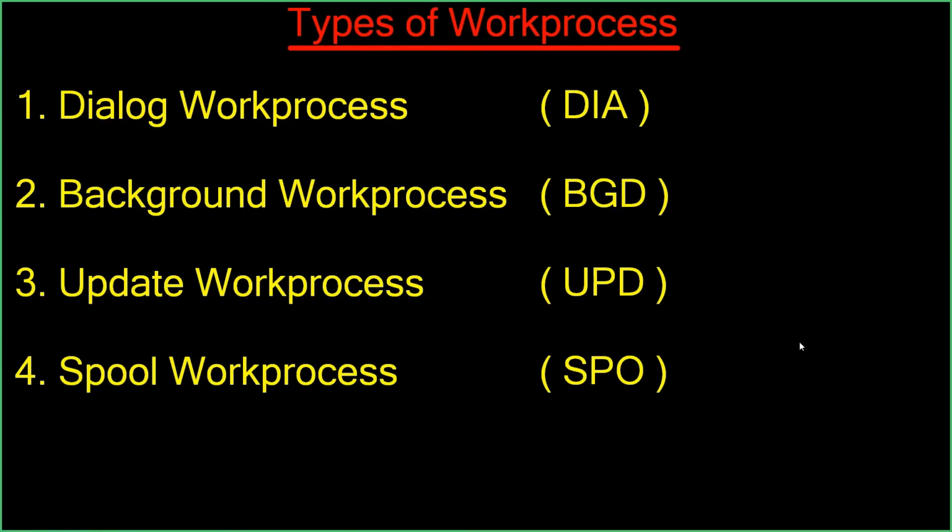So we have four types of work process: dialog, background, update, and spool. Dialog is called DIA, background is BGD or BTC, update is UPD, and spool is SPO. Actually, previously we had one more work process,